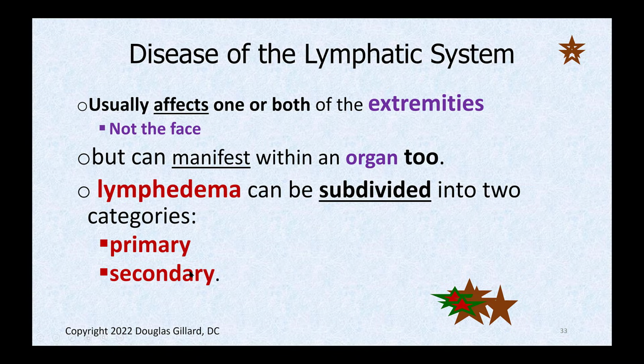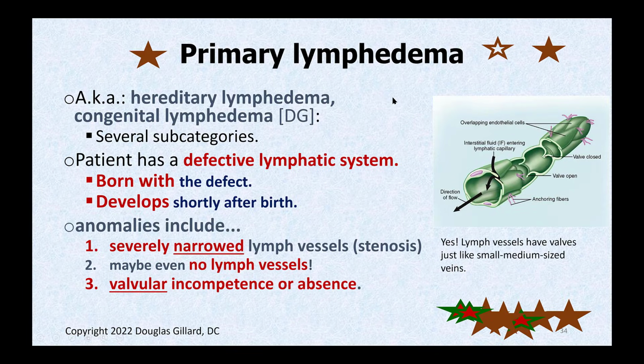We can divide lymphedema into two parts, primary and secondary. Let's take a look at primary first. This is sometimes called hereditary lymphedema, or congenital lymphedema, because you're born with this problem usually. You're born with a defective lymph system. The pipes aren't formed correctly. Specifically, here's a normal looking lymph pipe here. They're super stenosed, so you're born with very stenotic lymph vessels, and therefore you just can't clear lymph fluid very well. Or maybe even worse, you're born with no lymph vessels, and you're always swollen.